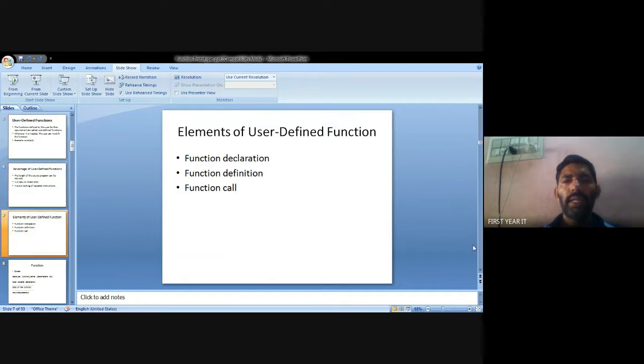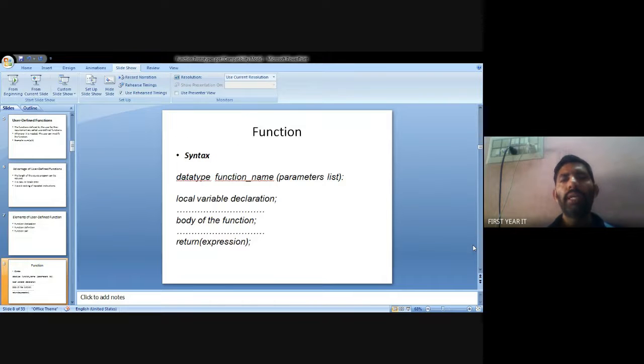The elements of user-defined functions are three: function declaration, function definition, and function call. How do we declare a user-defined function?